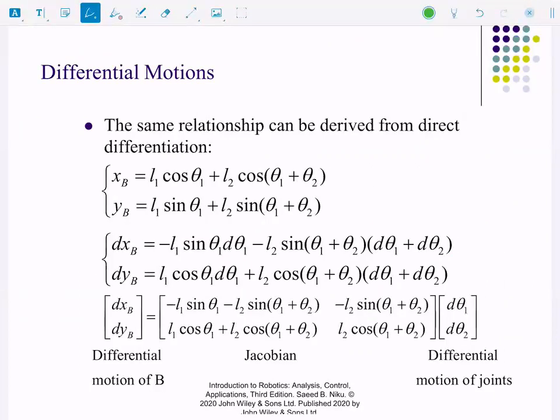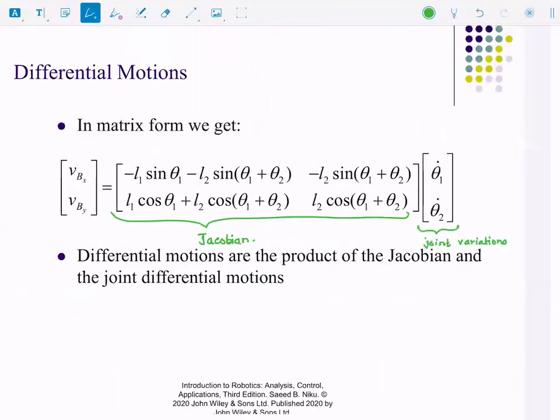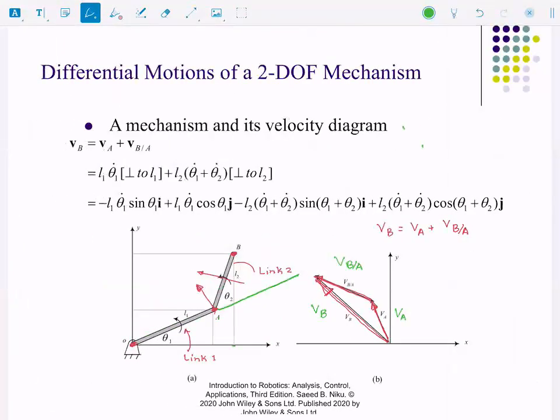Now, the same relationship can be derived using direct differentiation. And this is exactly similar to what we have done before. So xb is nothing but the position of b on the x-axis. This distance is xb. This distance is yb. And what you can do is you can find out very easily this distance